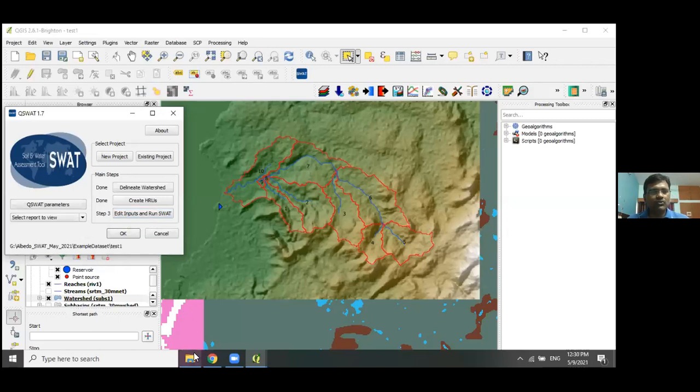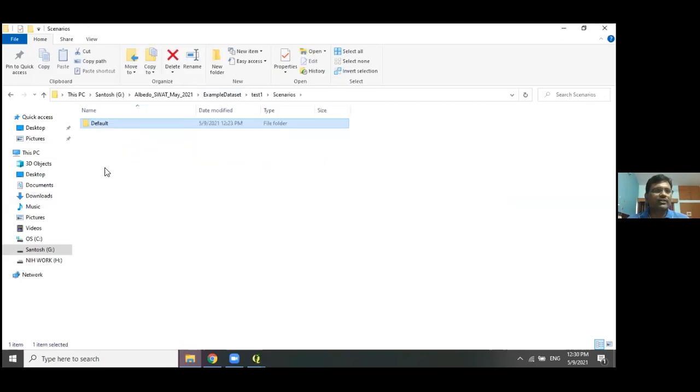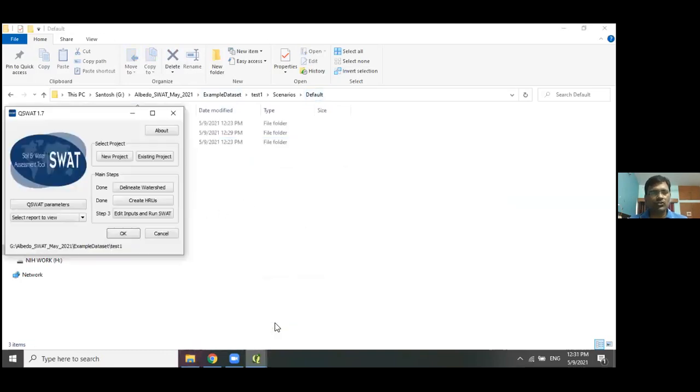Now if you see this one, there is one folder created, that is test, the scenario. This is very important. Default, and you can find the text in test out. That means we have not run that one yet, that's why it has not come. So we will now edit inputs and run.